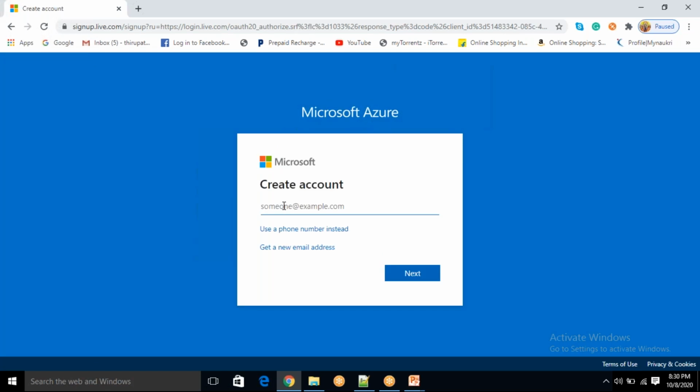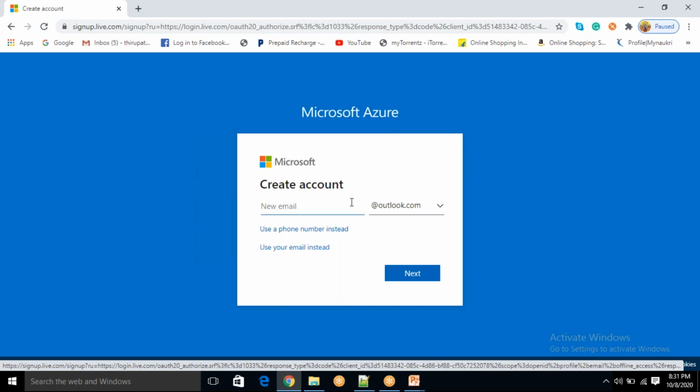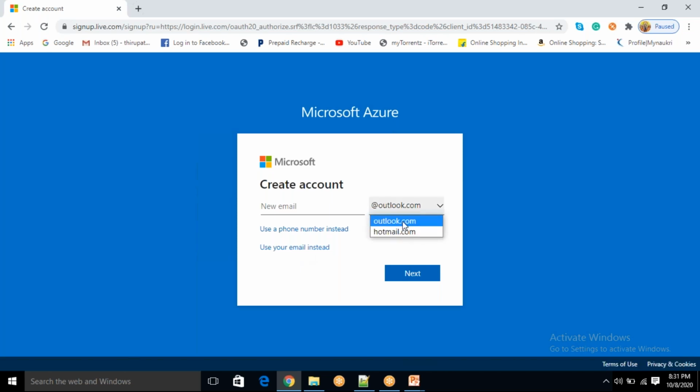Then here you can enter your mail ID if you already have one ready. That can be Gmail, Outlook, or Hotmail. Example, if I don't have a mail ID, then you need to get a new email address. Click on get new email address. So you can see Hotmail or Outlook, both it will support, and it will also support Gmail, but Gmail you need to create separately and log in, okay, with the previous step. Now I am going to create my own mail ID, that is cloudpundit@outlook.com. Okay, now click next.